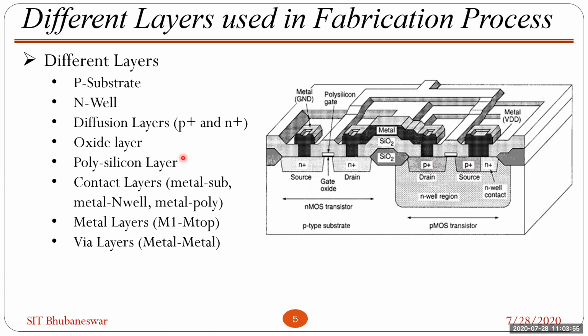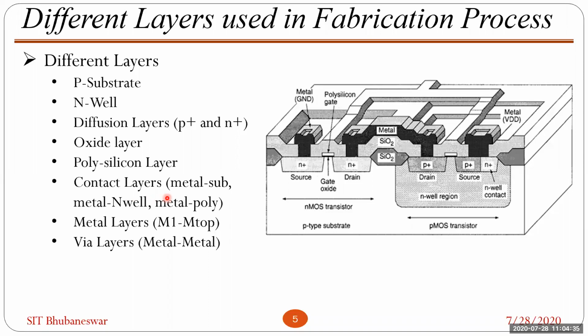And the oxide layer. You can see a thin oxide here. This is the oxide layer, and other thick oxide layers are also there. This is the channel stop oxide layer, and these field oxides are there, but this is the gate oxide, very thin. And on top of that thin oxide, polysilicon layers are there, where we will get the gate connection of the transistor.